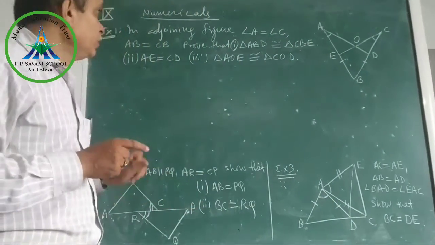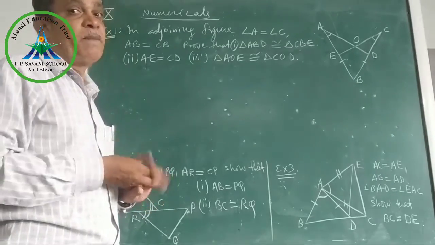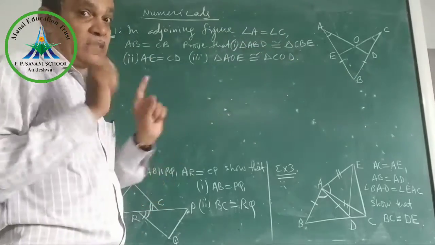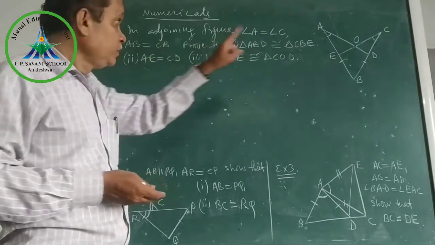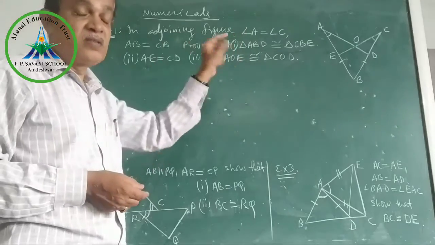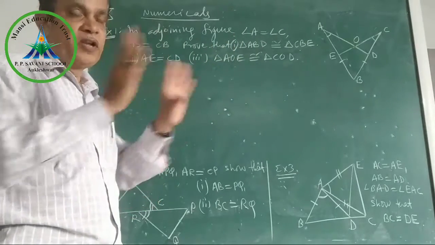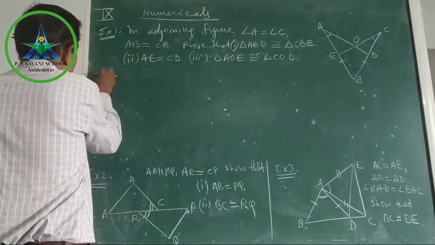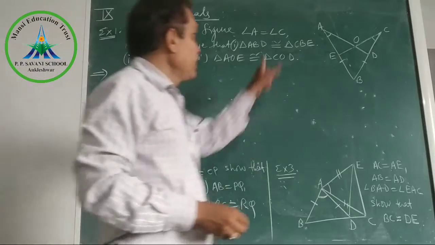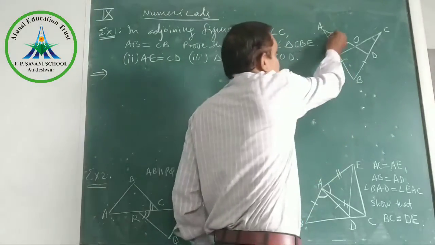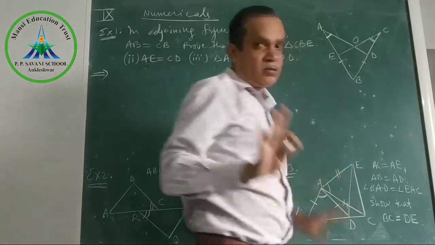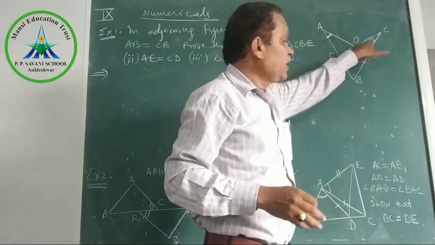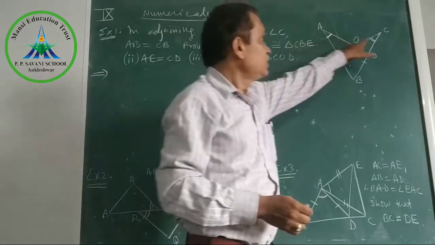See students, before we start we should read the example at least 2 to 3 times and match it with the diagram. Understand what is given. Keep your fingers on the figure, just do it mentally. What is given in the figure, what part is given. Okay, now see, we are given angle A equal to angle C, so we have marked it. In the exam it is not necessary that they will give such markings. You have to mark this yourself.